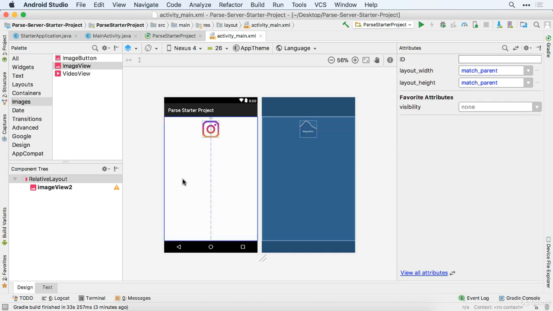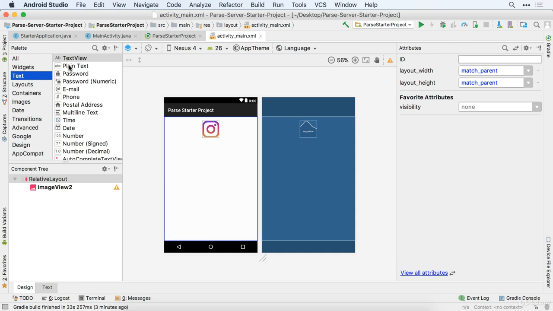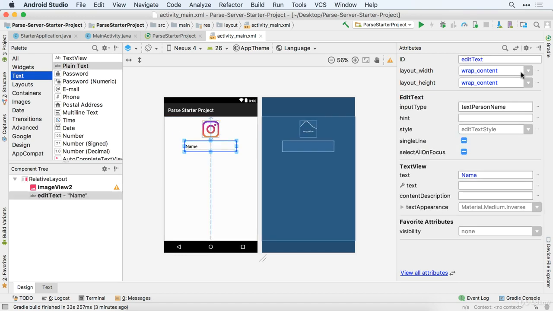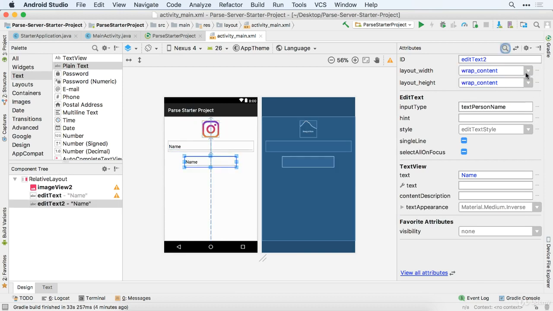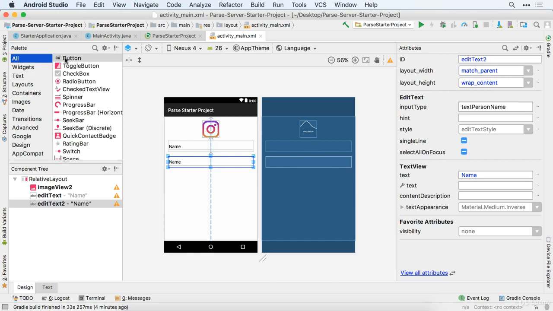The next thing that we need to be adding here is some edit text, because the basic idea with this is we want users to be able to put in a username, and they also should be able to put in their password and then hit sign in. So let's go to text, and we're going to bring out a plain text here, our edit text, and we'll bring it a little bit below, and we want to make this nice and wide, so we'll just say go ahead and match parent. We're also going to bring out another one of these below, and on this one too we'll say we want you to match parent, and then we're going to bring out a button below all this